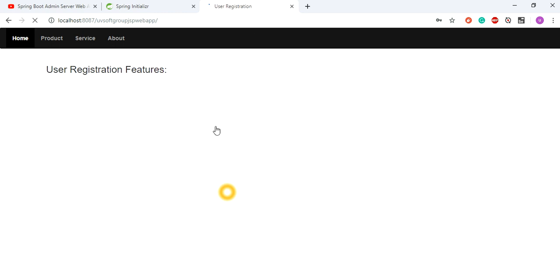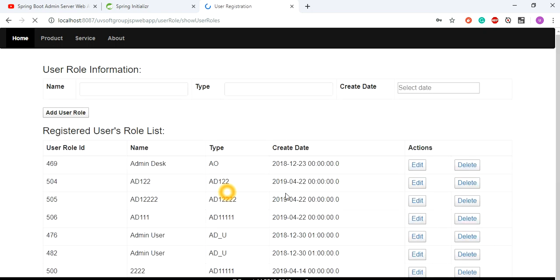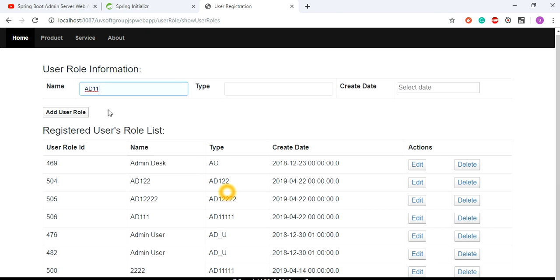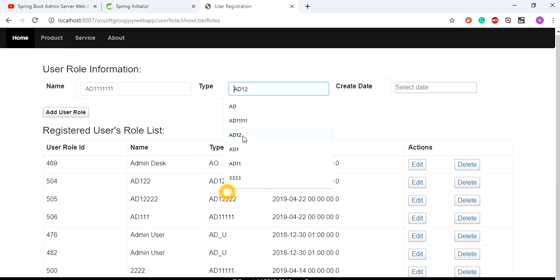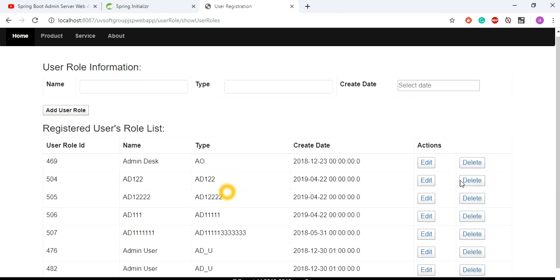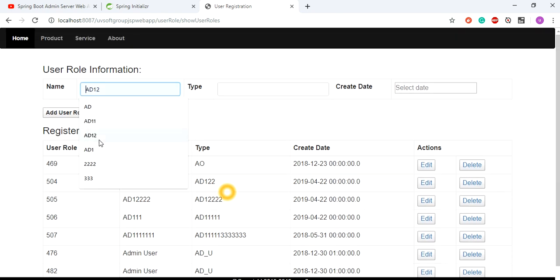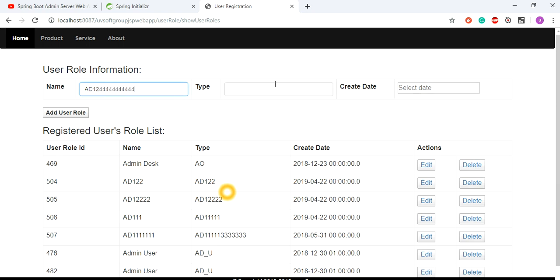to the main registration part. Its navigator is not properly designed, but we can customize it somehow. That's only the navigator part. The same thing is happening here. You can build your user role, maybe one role 111, and then type it like 333, and it's created today, and you build a user role. So the user role is created. You see the user role 500 created, exactly what we need to give the sequence, and maybe another sequence says 444,